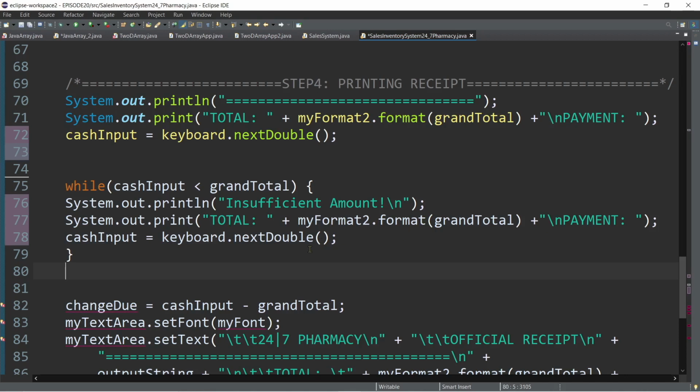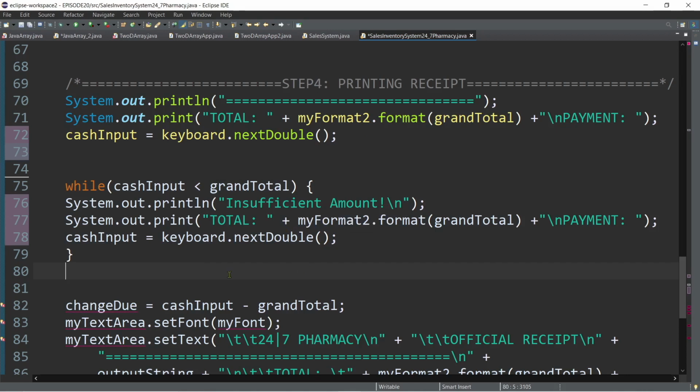If it's insufficient, then we will just ask for another cash input. So for as long as the user has inputted an insufficient amount, we will just loop on this code. And then if the user has entered either equal to or greater than the grand total amount,